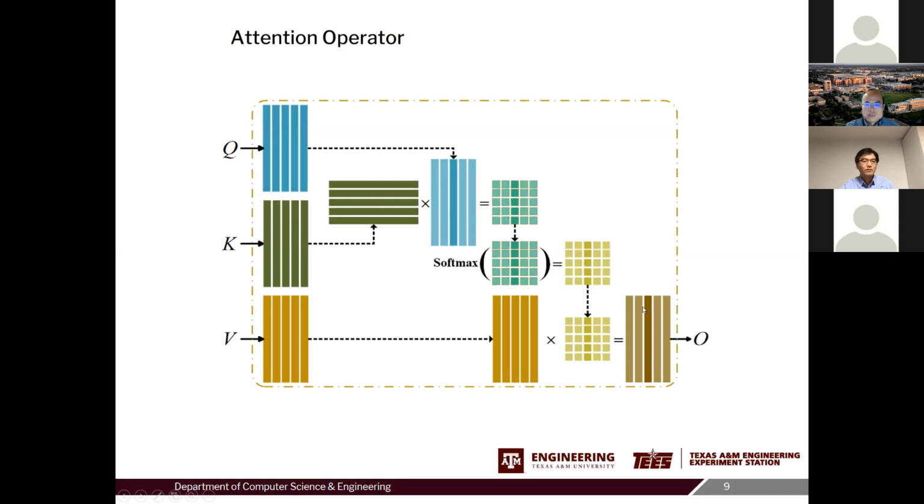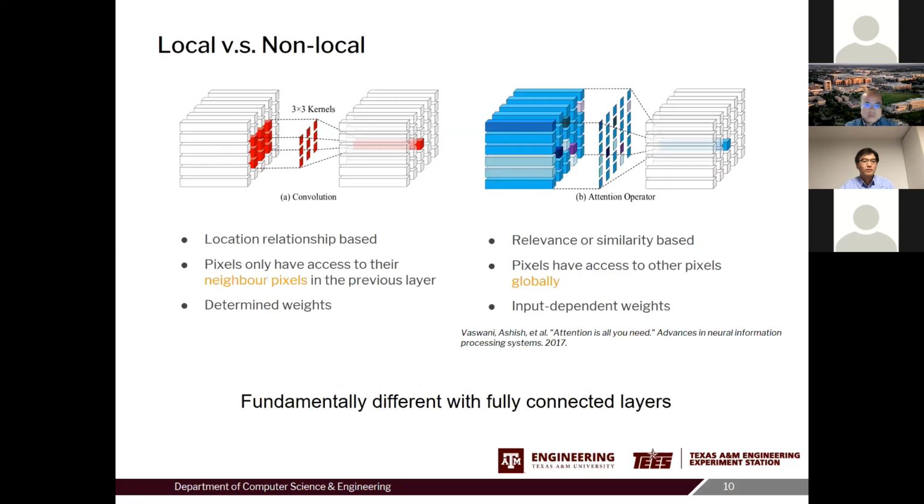Okay. So each output vector here depends on all the input in the V. So this is some kind of a global operator. When this is applied to higher order cases like 2D cases, this is essentially the attention operator. Each output here will depend on every input, so that you can achieve a global feature aggregation in just one step. In comparison, if you do convolution, each output here will depend only on a local area.